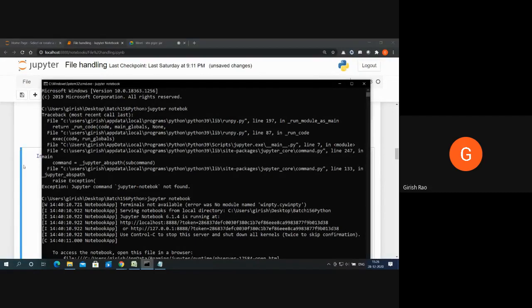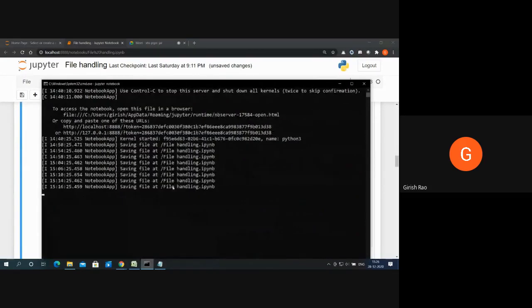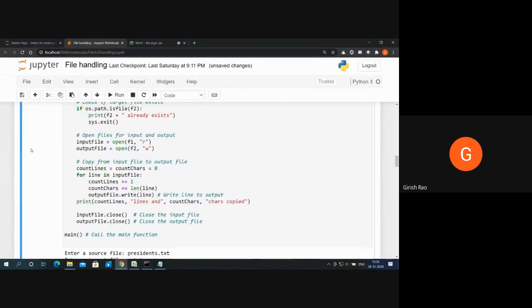So it will search this particular directory for my file president.txt, which is not here. It is in f:/fh.